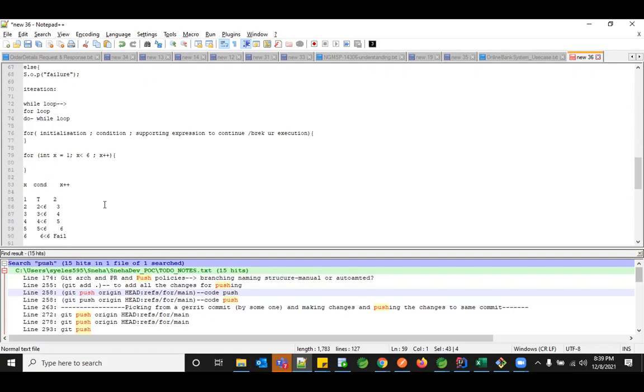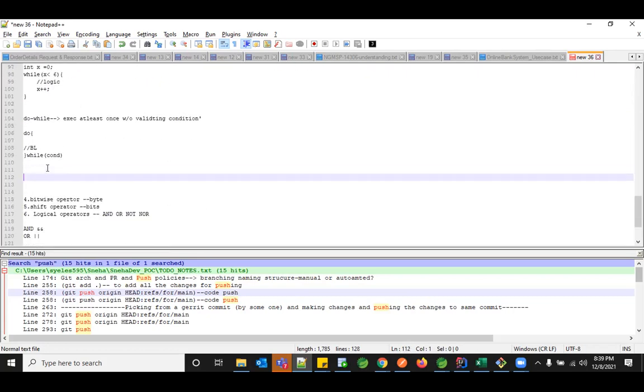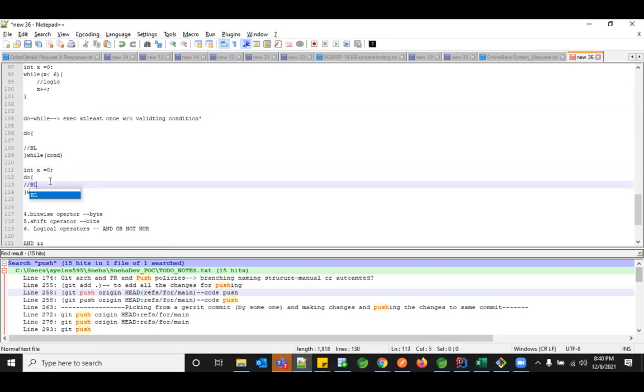Yeah. So here for the do while, I didn't give you the sample. So for the same scenario, if I'm trying to write a condition, I need to have the do block. And in the while condition, I can give the condition like my x is less than 6. And I need to initialize my value, so I'll initialize x is equal to 0 here. And within the do block, I'll have the business logic.